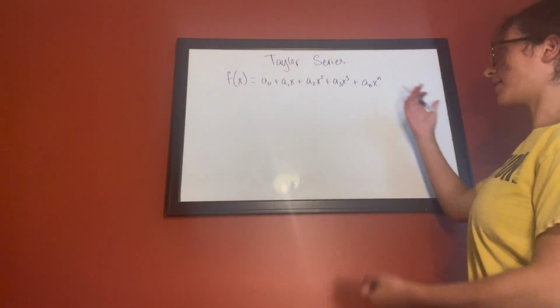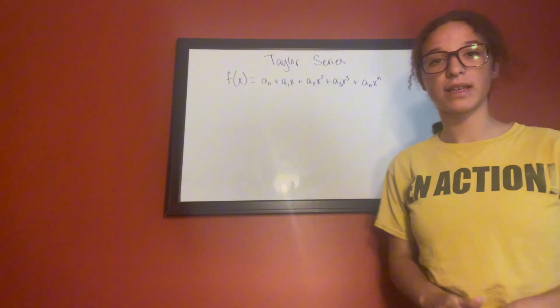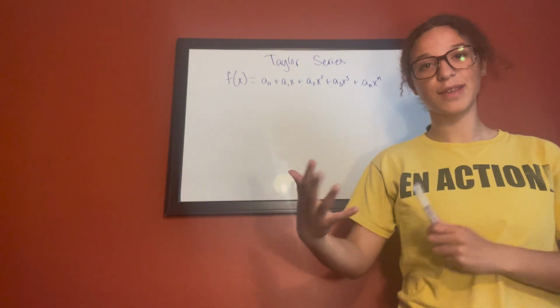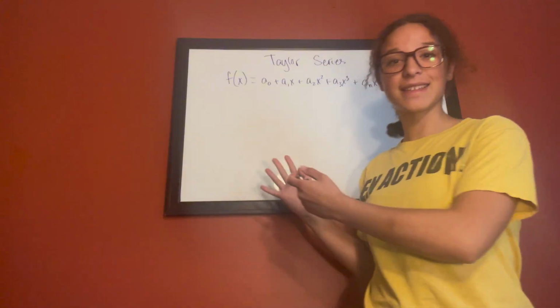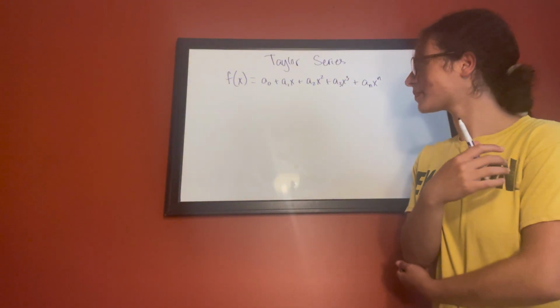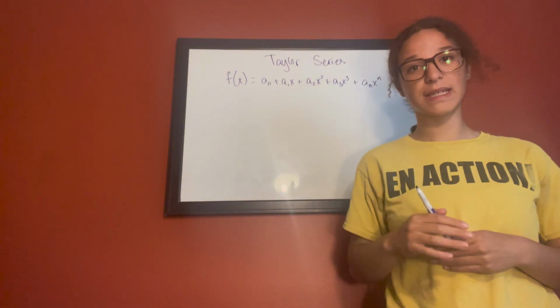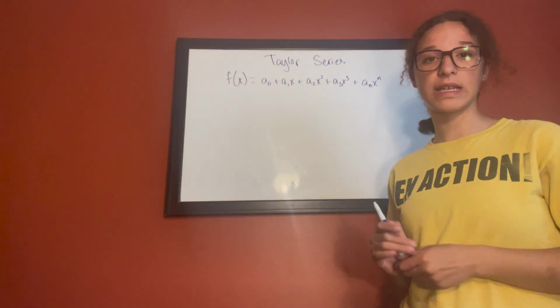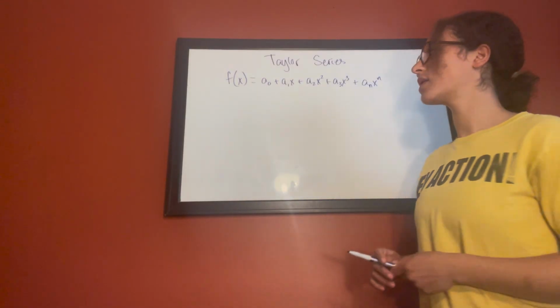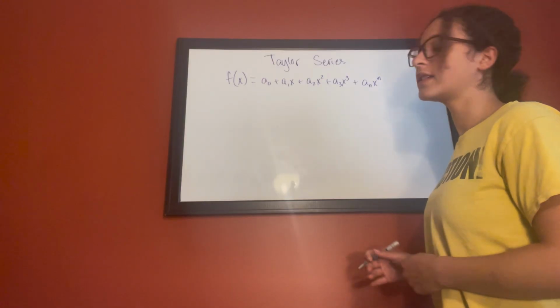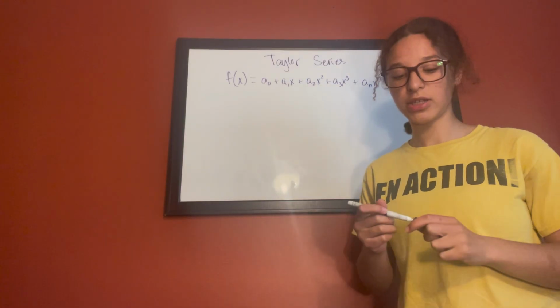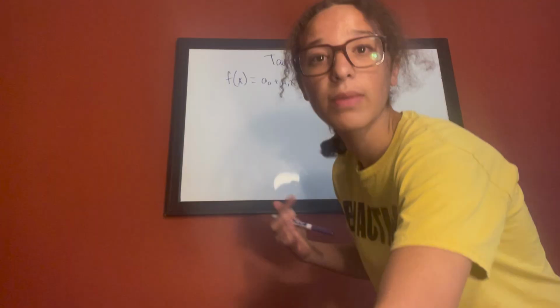If it goes on forever, it's an infinite number of terms. It is, I guess, an infinite polynomial series. And that is the case for the Taylor series. Now, what is specifically unique and special about the Taylor series? Well, the thing with the Taylor series is that it's used to approximate a function around